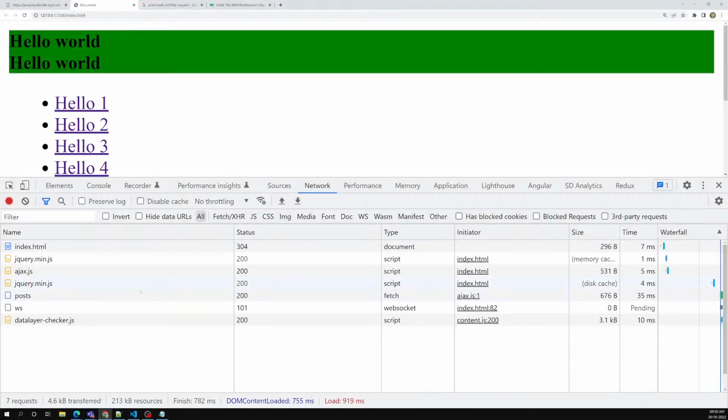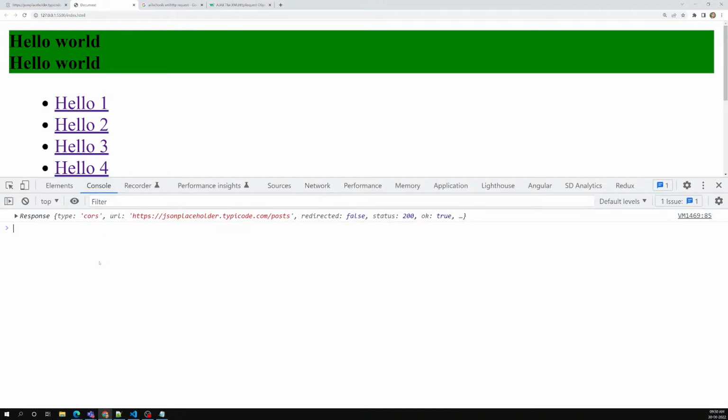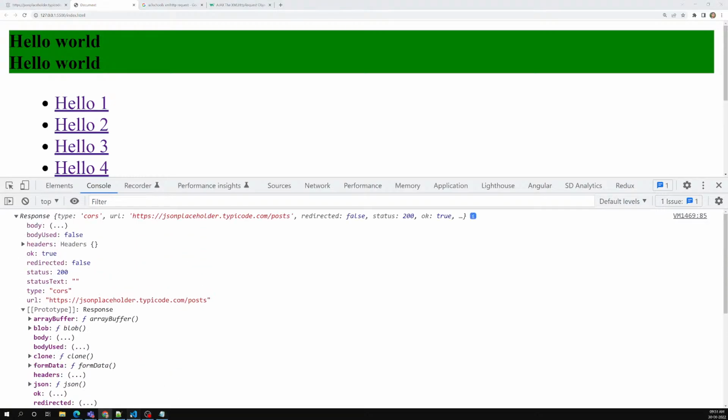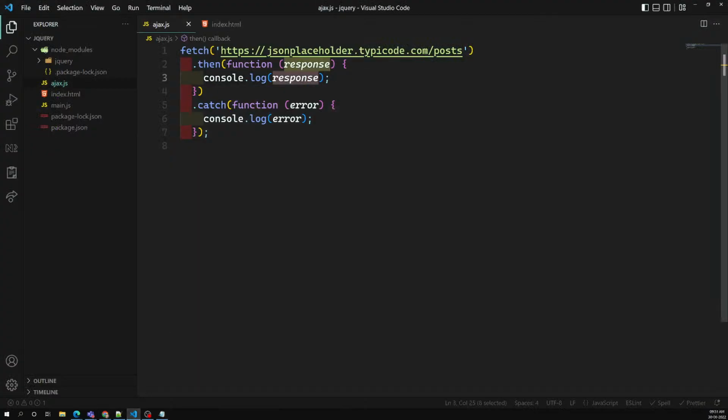Now if you try to do this fetch call, we are able to get the response. So here you will be able to get the response. Now if you want to display the data, this one will not give the data directly. So here you need to return